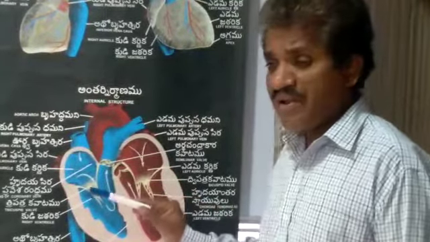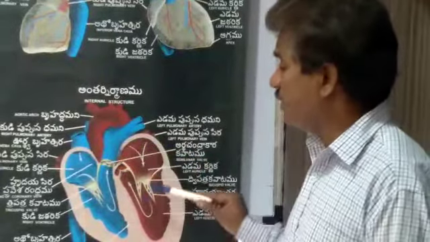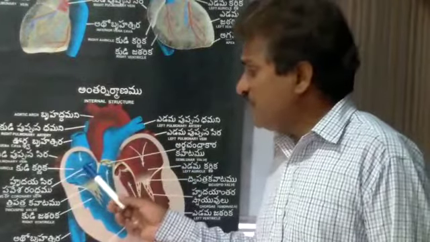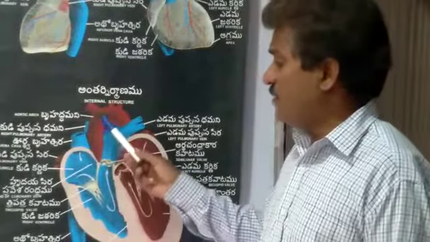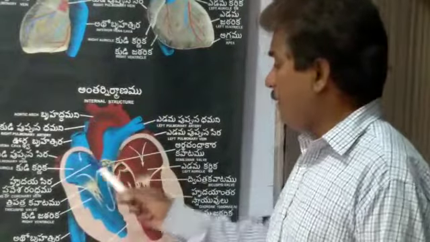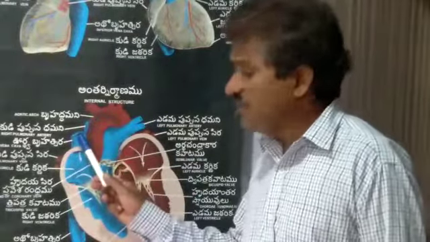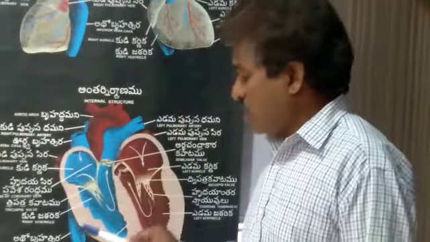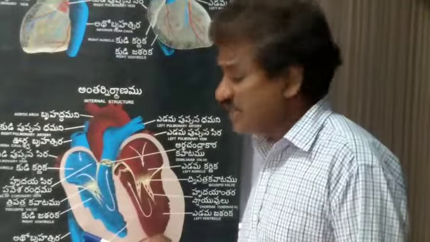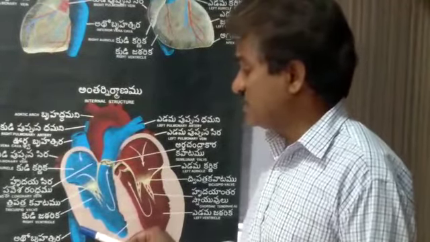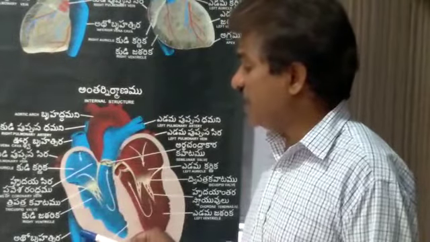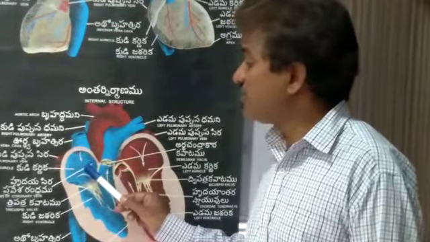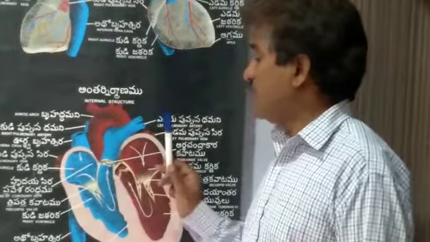Children, first we imagine all the four chambers are in the resting phase. First, atria are filled with blood by the vena cavas and pulmonary veins. The superior vena cava brings the deoxygenated blood from the head and neck. The inferior vena cava brings the deoxygenated blood from the hands and legs. The superior and inferior vena cava enter into the right atrium.